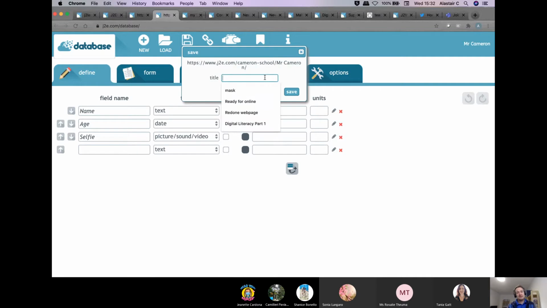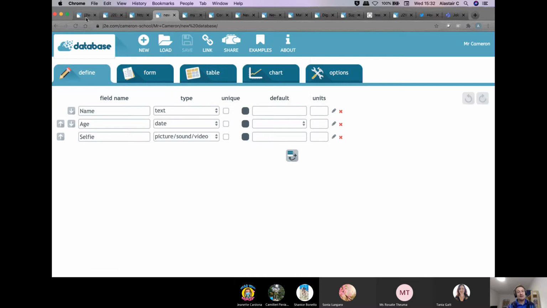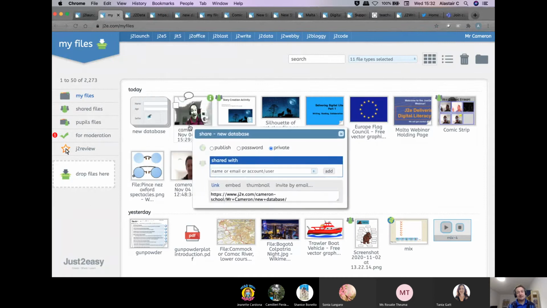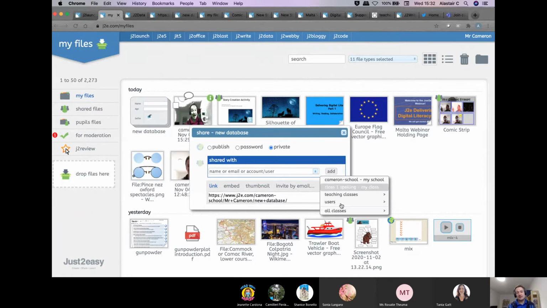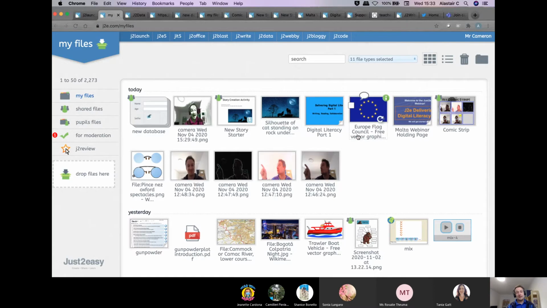Once you've saved that, so new database, that will save into my files. There's that new database. And yes, I can then share that with anybody I like, classes or users. And if I want to allow them to actually add information to it, I need to just tick that button, which then means that anybody that I've shared that with will be able to go into that database and add